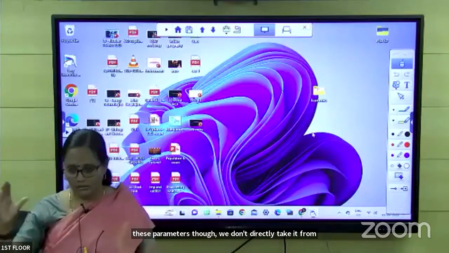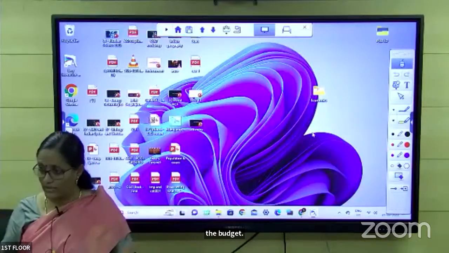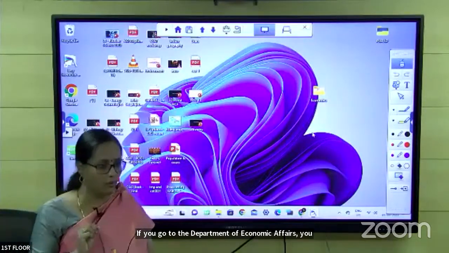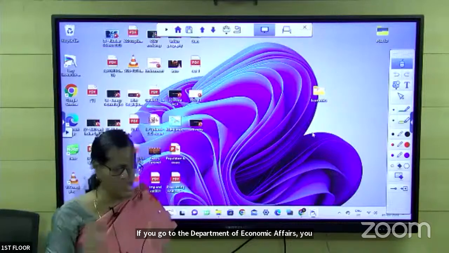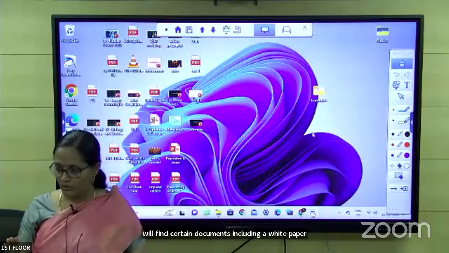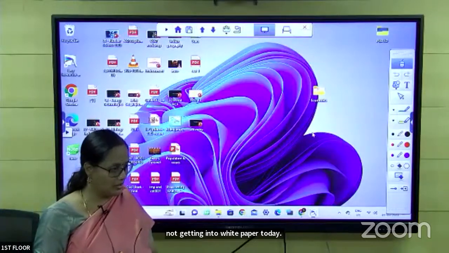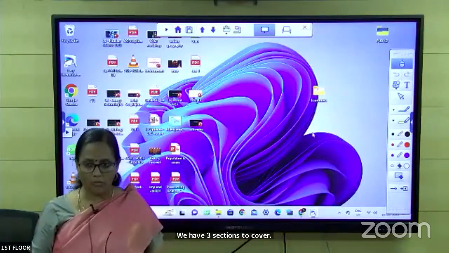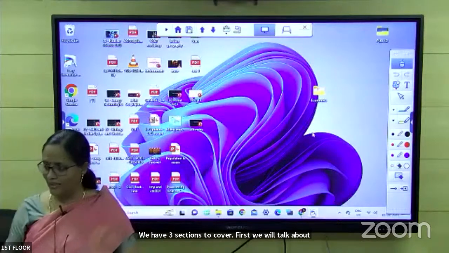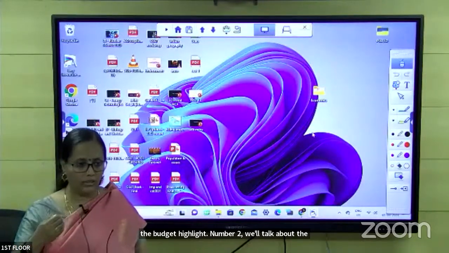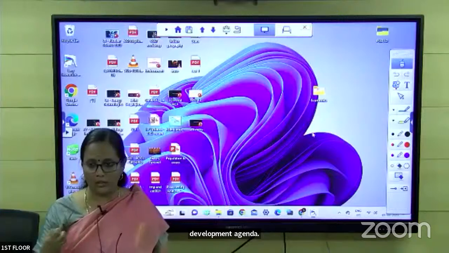Department of Economic Affairs, you will find certain documents, including a white paper which the government has presented recently. But we are not getting into the white paper today. We have 3 sections to cover. First, we will talk about the budget highlights. Number 2, we will talk about the development agenda. Number 3, we will talk about the annual economic review to a certain extent, where we can pull out the data